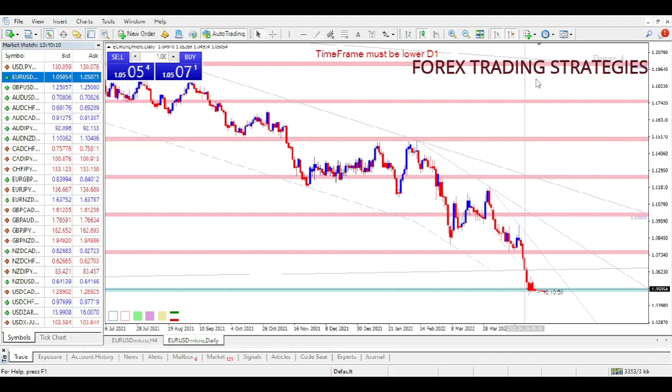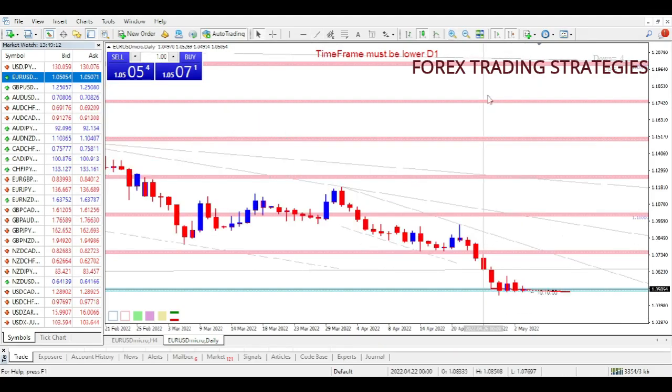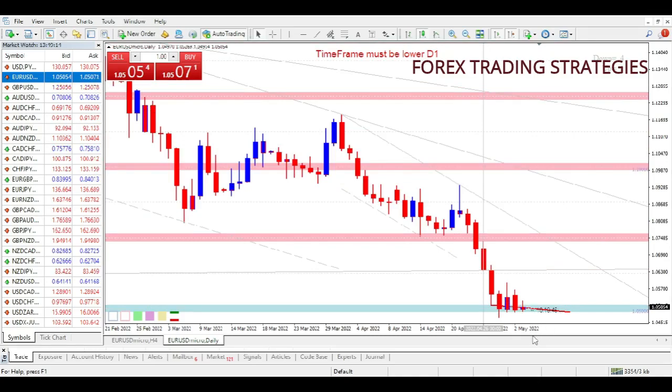Each time this happens, let me zoom in a bit. So you see, each time we come to this level, we actually bounce back. So what might happen here? We might actually go back this way, but